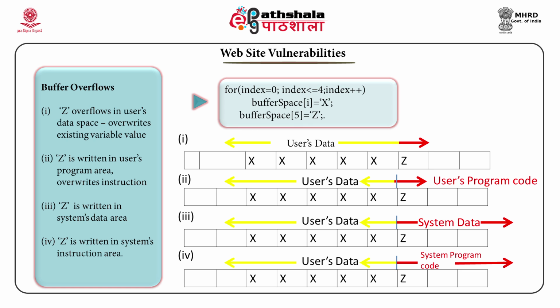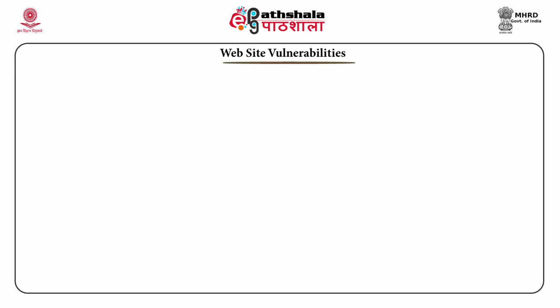So what we have observed is the buffer overflow problem. In that case, the overwriting can be done in the user's data area, user's code area, system's data area, and system's code area. The next website vulnerability is